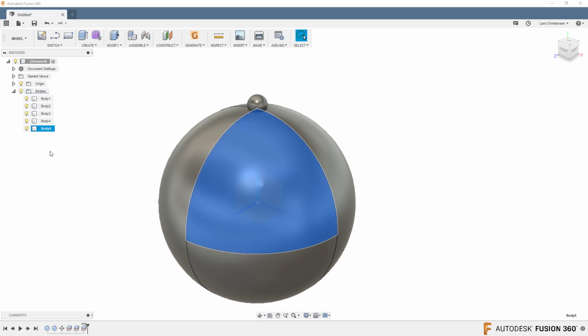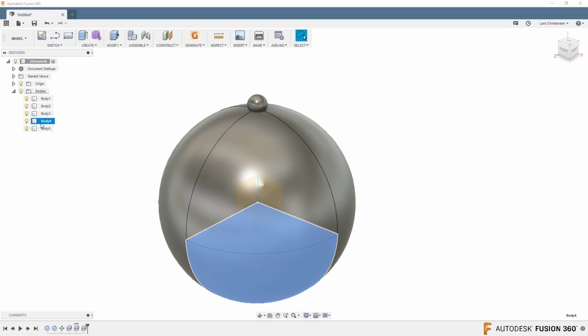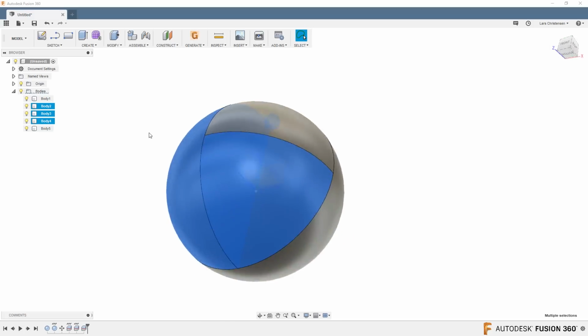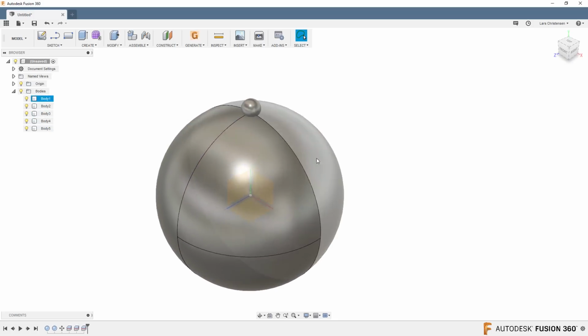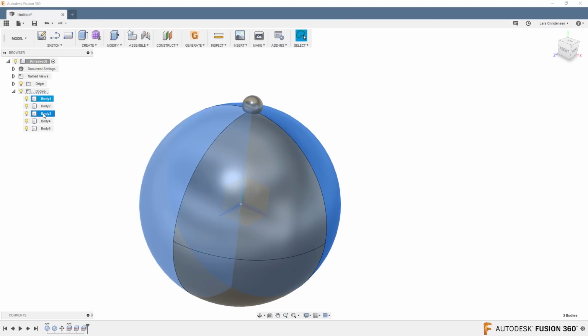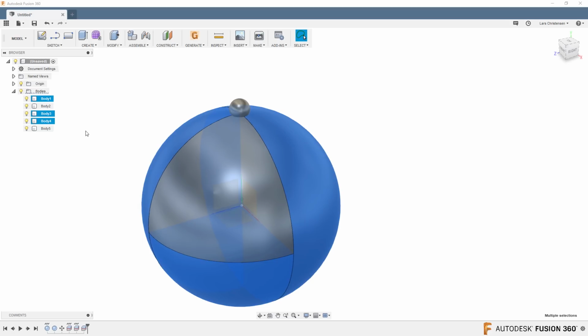This is actually the one I want to keep. So I'm going to go ahead here, hold down shift, select the 3 other ones here that I don't want. Why am I not getting the back one? This one. I want this one, and this one. Okay. So these 3 bodies,